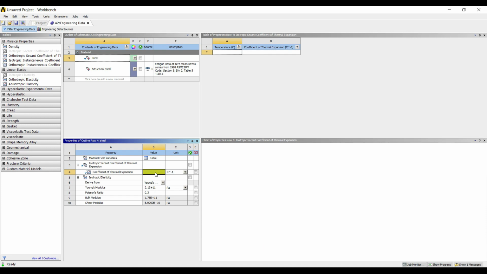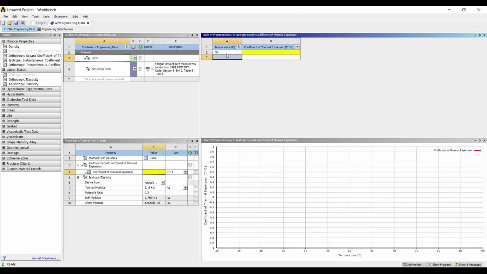The unit is as required. So I'll write here. Now you can look here in this column. The temperature value I'm going to write as 60, and coefficient of thermal expansion I'll write as 12 E minus 6. So this is the value of thermal expansion.